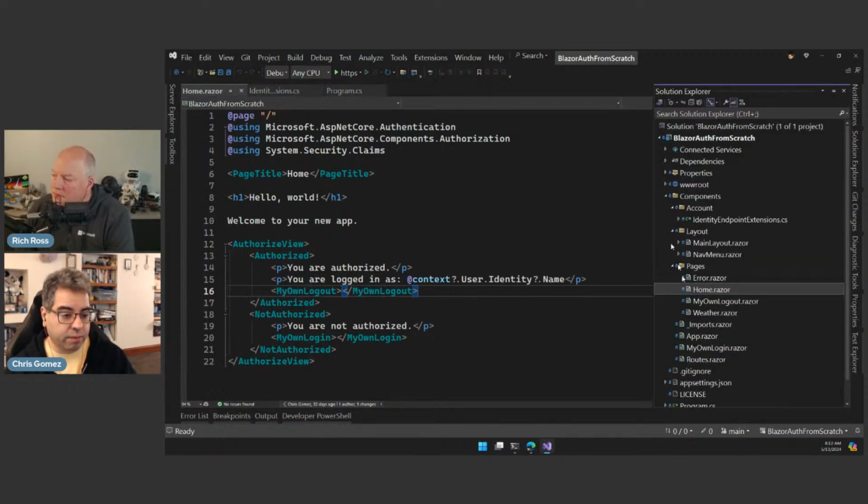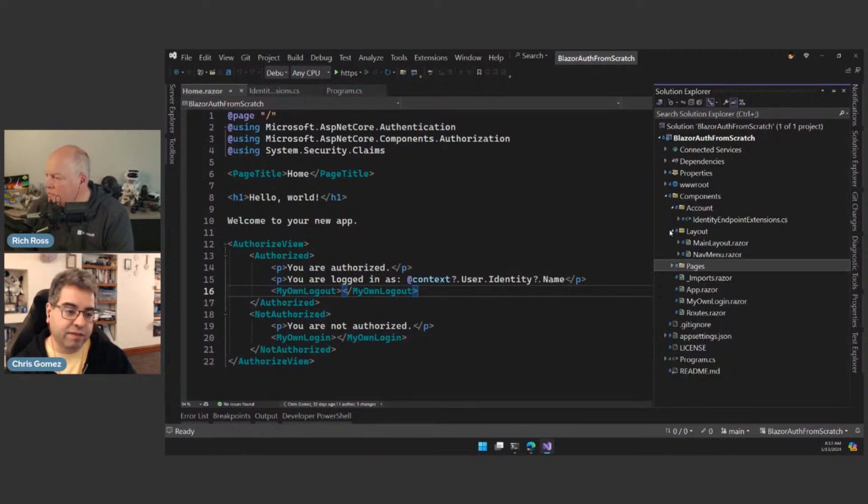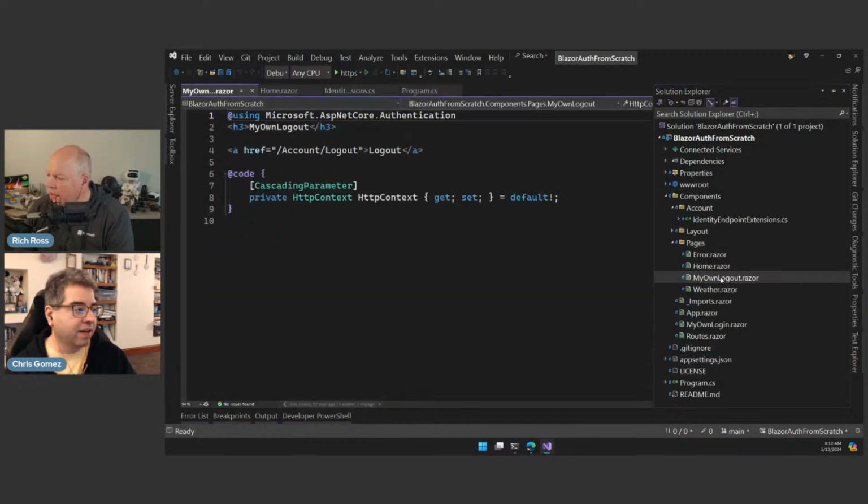than, let's find, where are the components? Oh, here they are. Oh, my logout got pushed under pages. That feels like a mistake. Why is that here? I think I goofed here. I think that was supposed to be out here. So if I move it,